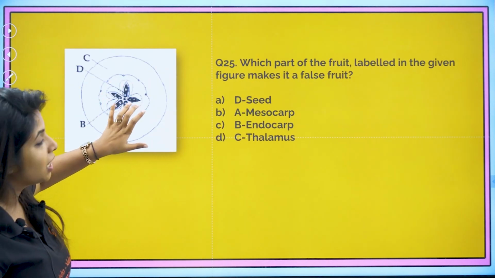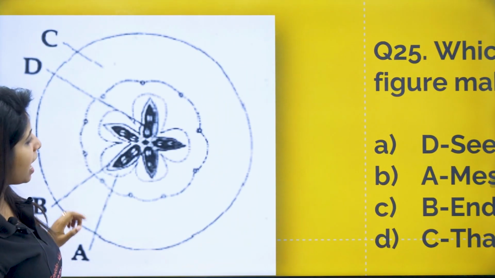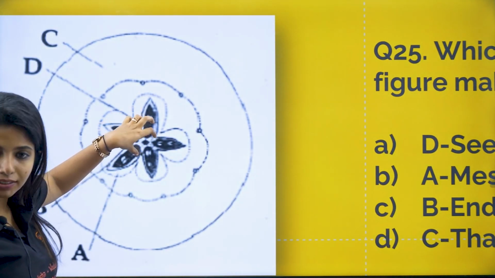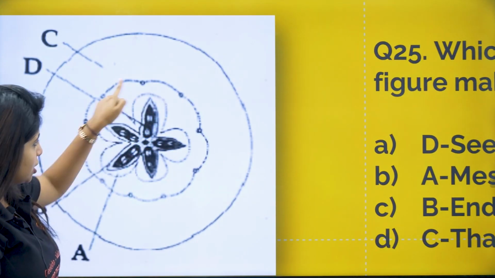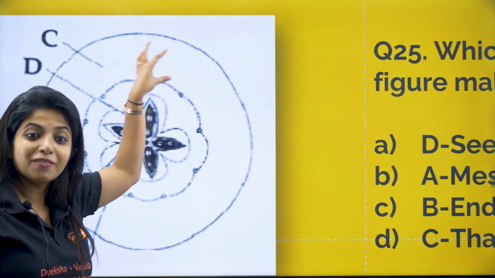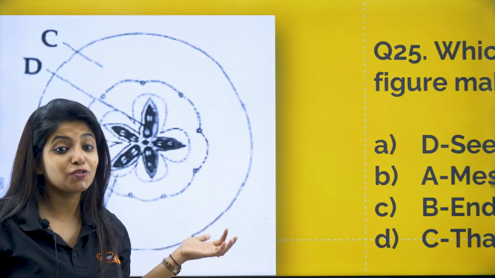This is the last question. After that, there is a bonus question for you guys to solve. So this thing that you see is an apple, okay? And over here, these are the seeds, that is the ovule. Just around the seeds, you have the ovary. And outside the ovary, you have something else also which is taking part in the formation of a fruit, which is why this is known as a false fruit.